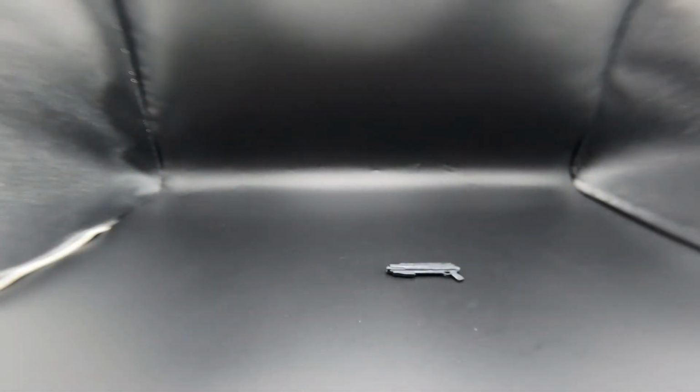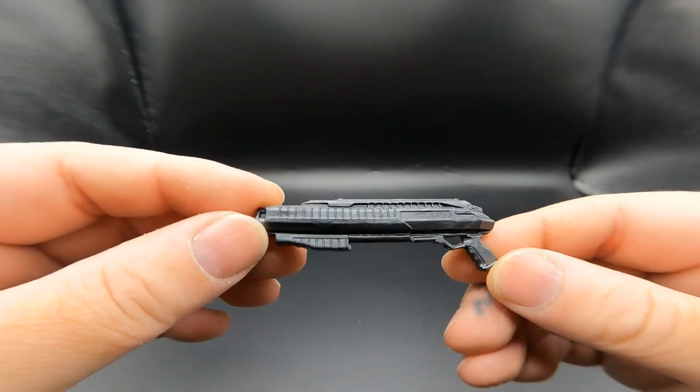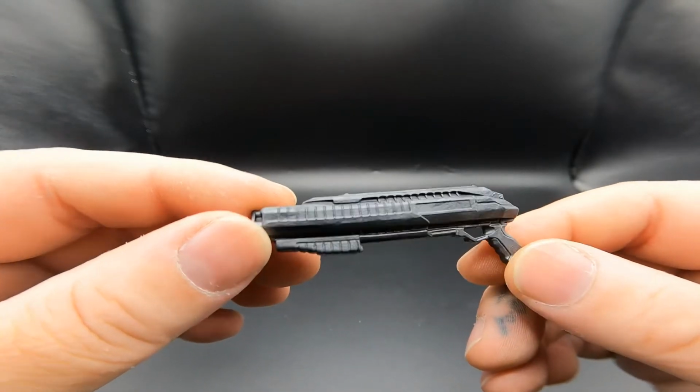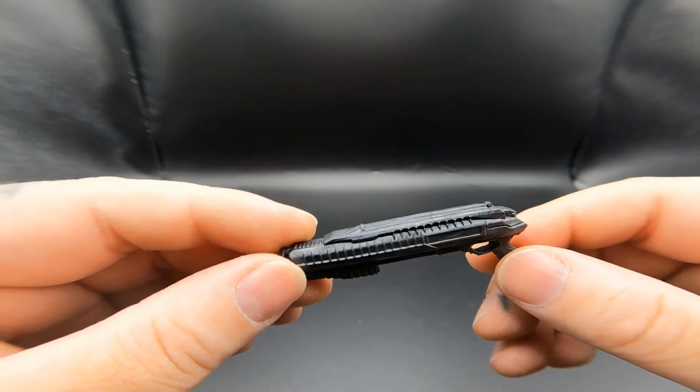And just take a look at really the only accessory that this figure comes with for himself is this kind of like shotgun looking thing. I know Bishop's from the future. The story from Bishop is